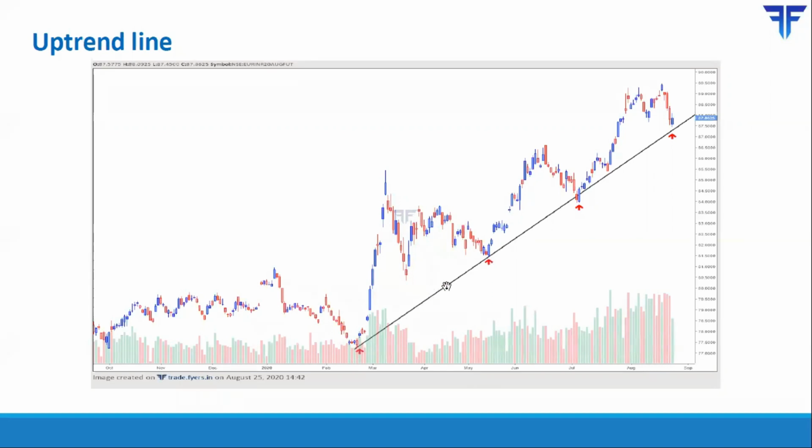So you could draw a trend line connecting these two swing lows and project the trend line forward. Going forward, as I said, the uptrend line frequently tends to act as support to prices, which is what happened over here. Price made a new high, from there it declined. However, price took support near the vicinity of the trend line.